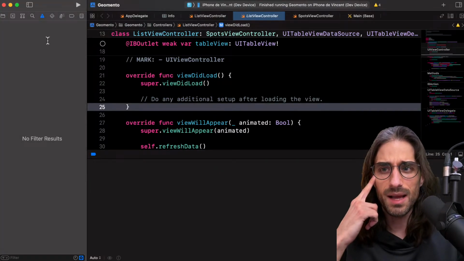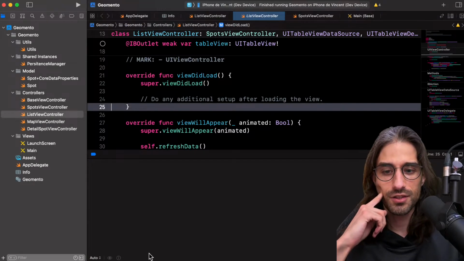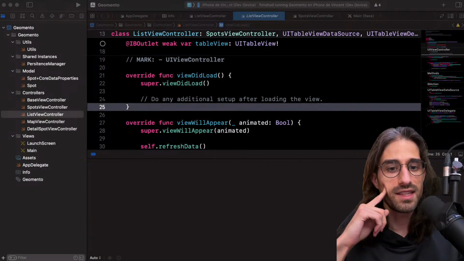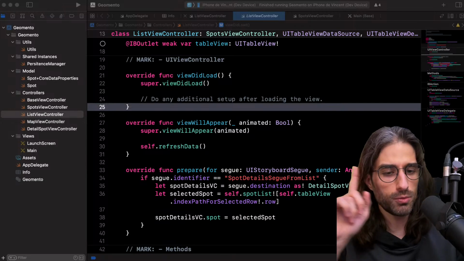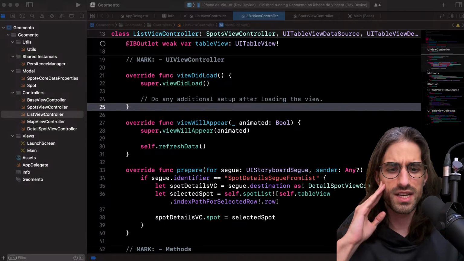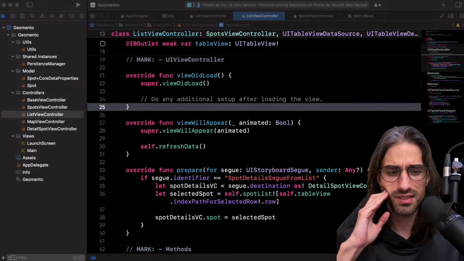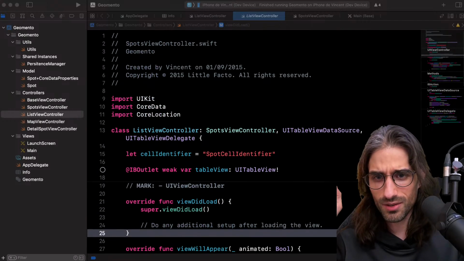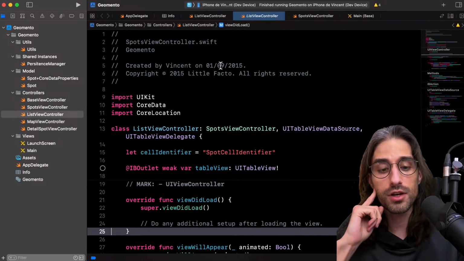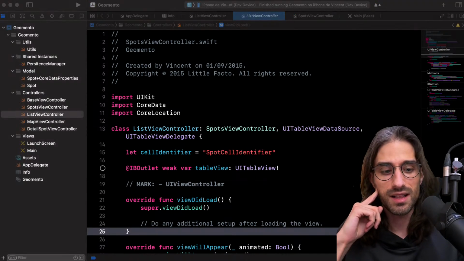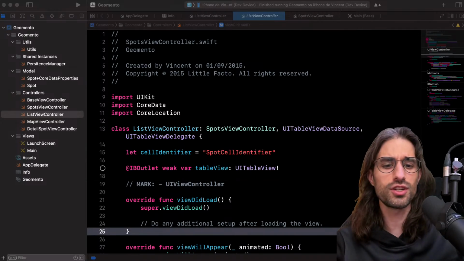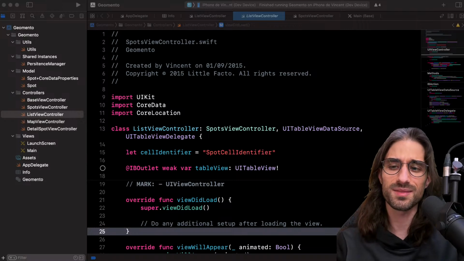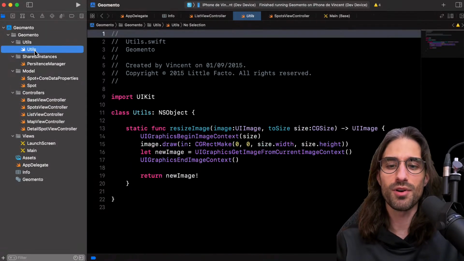So let's see. It's this app called Geomento. So yes, this one is called Geomento. That's weird because the one called Visual Reminder is inspired by the movie Memento, but the one called Geomento has nothing to do with the movie. My naming is terribly inconsistent. So let's see a file created at the beginning of September 2015. Ah, that's interesting. So just after I had made the little game in July, then in September, I guess another rush of motivation, and I was like, yes, I'm going to create another side project.